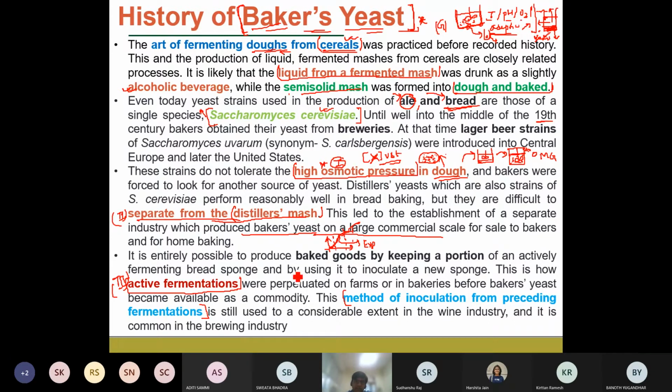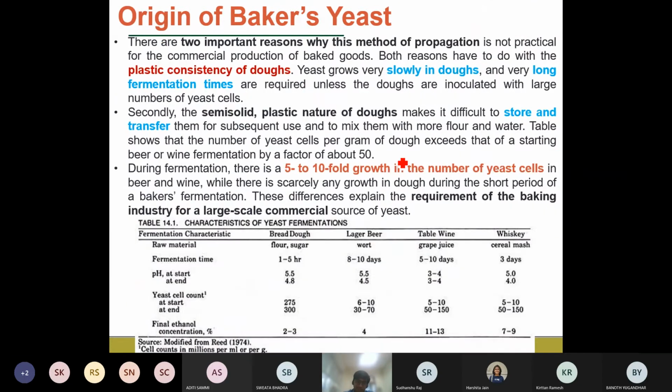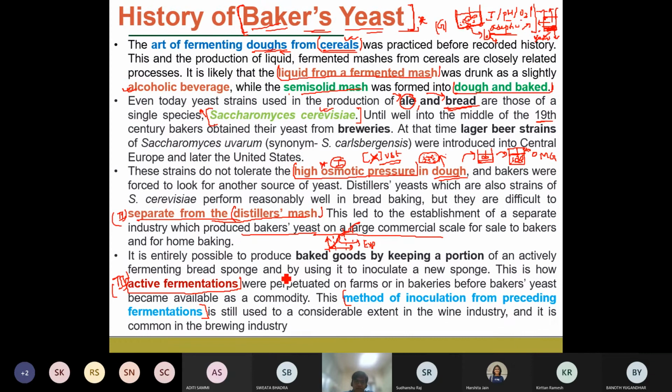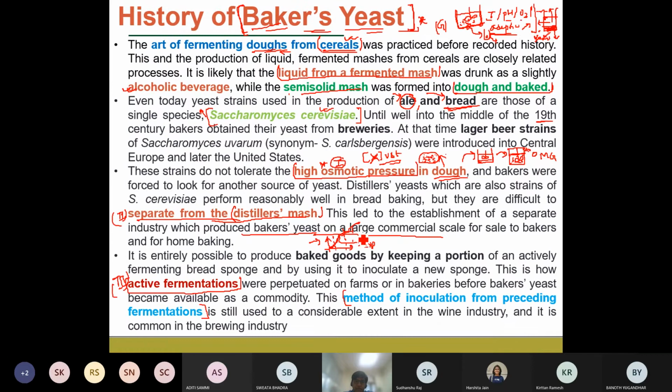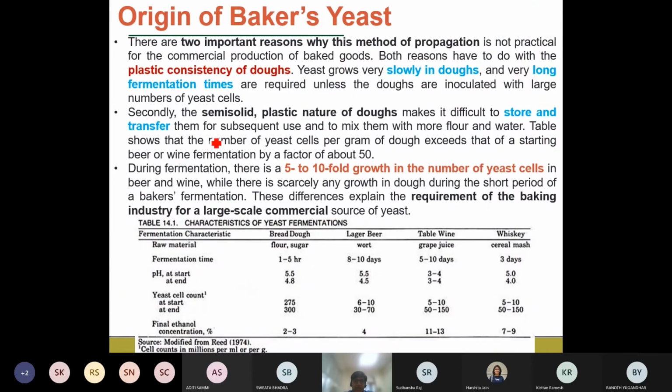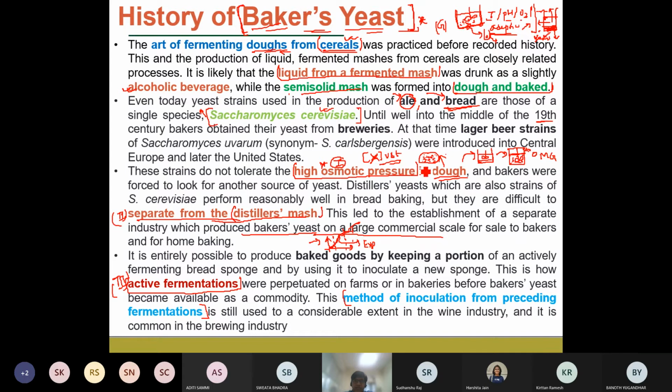And during these types of traditional processes, there were several occasions of contamination, and aseptic conditions were not maintained. Now, when we have this type of propagation method, where we take a particular amount of yeast from the semi-solid part and then inoculate, there are both, as I told you, advantages and disadvantages. One is that we don't know at what stage the microorganisms are growing, and the other is that this yeast generally is in the form of a dough, so it is like a semi-solid.